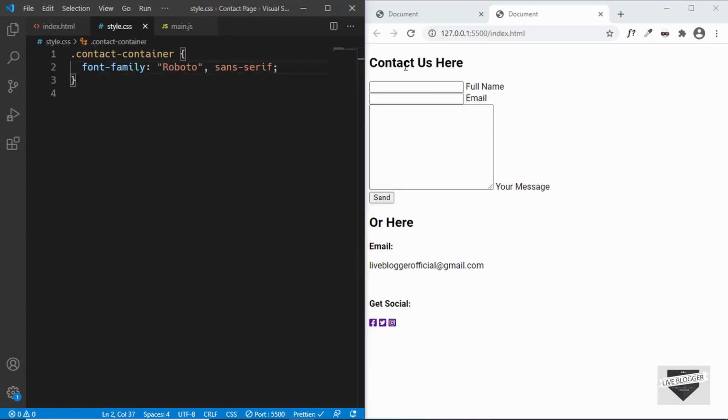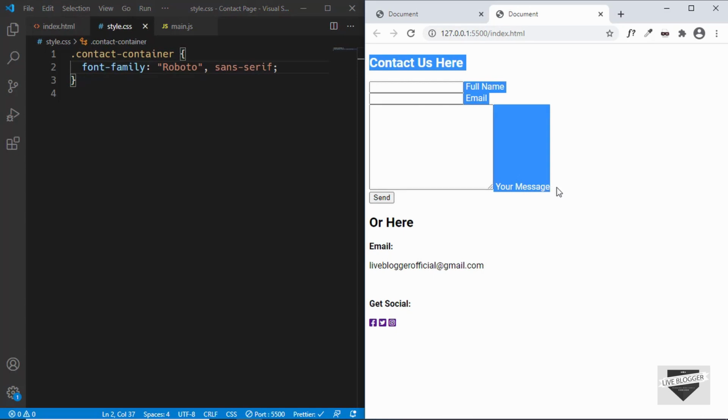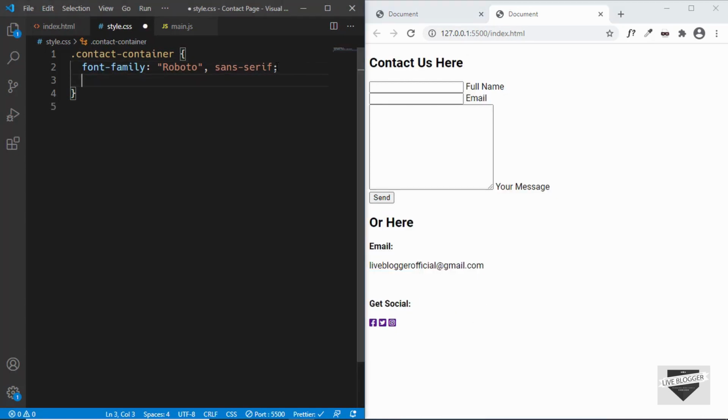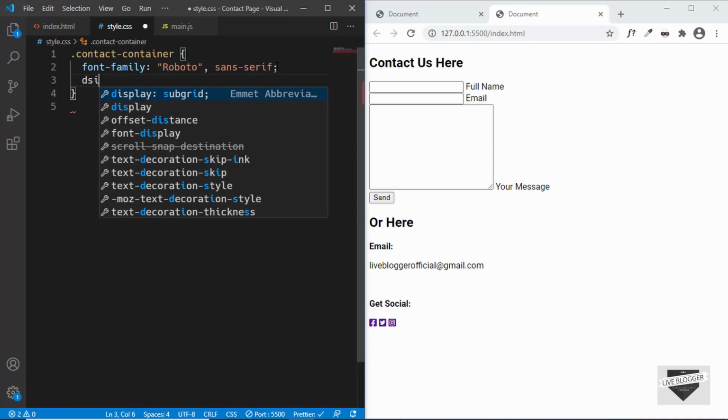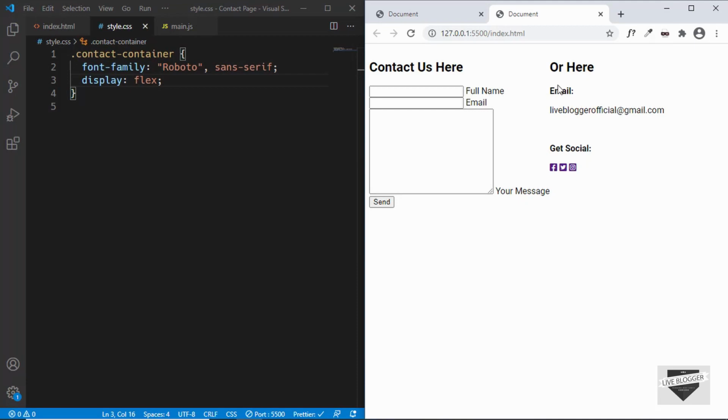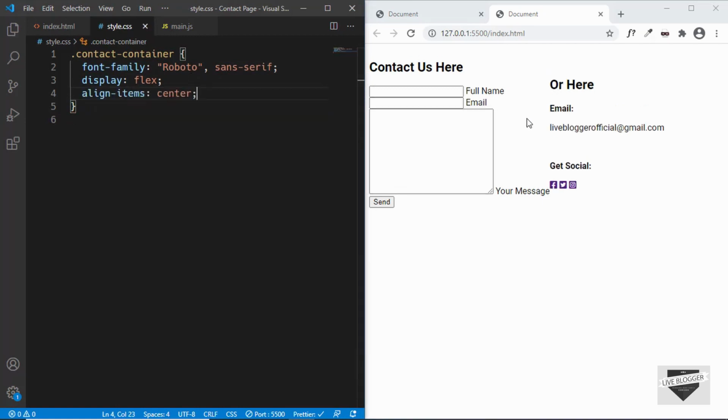Now the next thing is that we want both the sections to be one next to the other. So this is the contact left division and this is the contact right division. So for that we'll be using display of flex. And now we can see we have both these divisions one next to the other. We'll also center it vertically. So for that we can just type align items to the center,